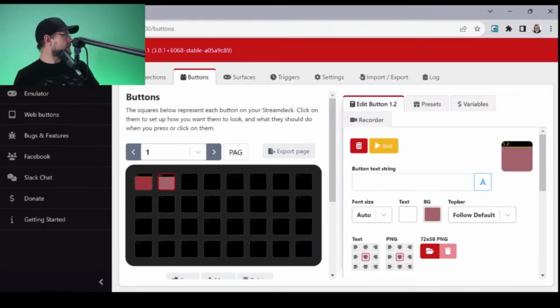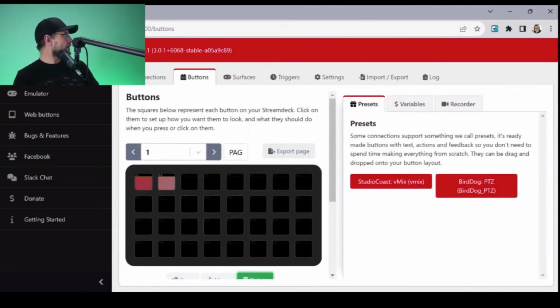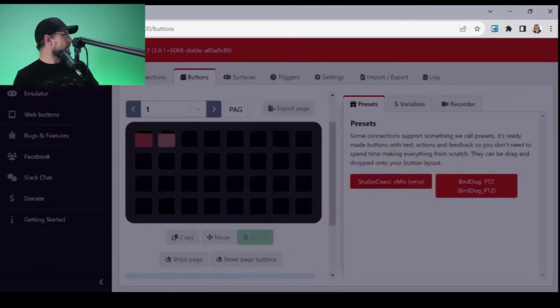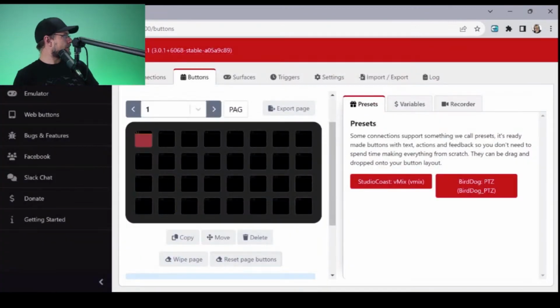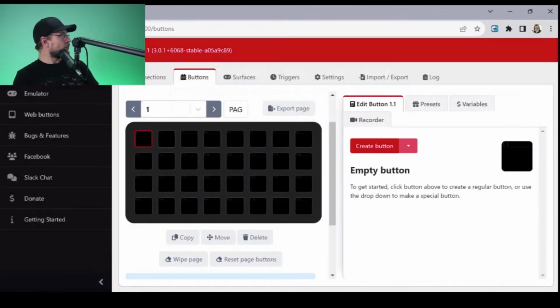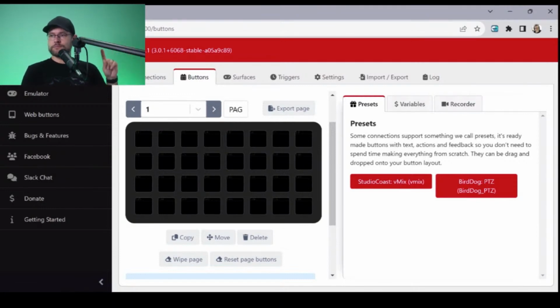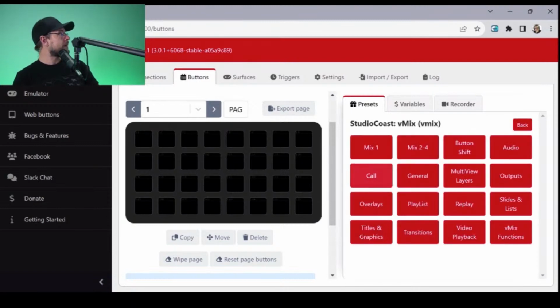Okay, so let's get back to programming these. I'm going to dump this key, and let's delete, clear. And actually, no, I don't want to do that. And delete this one, clear. Okay, so button 1, we want to go to our presets, and this will show us our connections that we made in Companion earlier, right? We're going to click on buttons, presets, and it's going to say, well, here are the 2 modules that you have connected successfully.